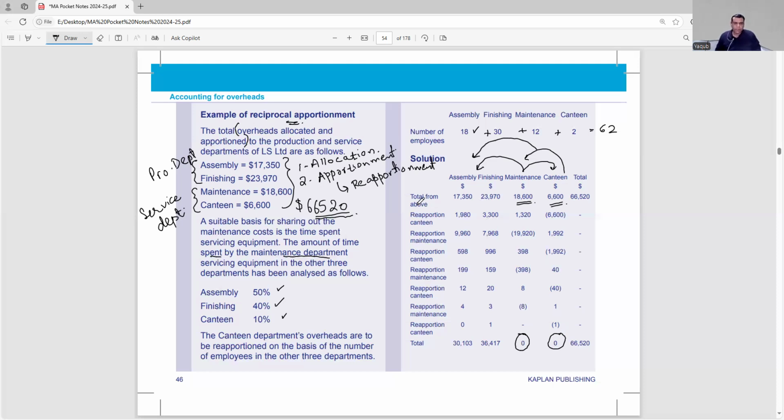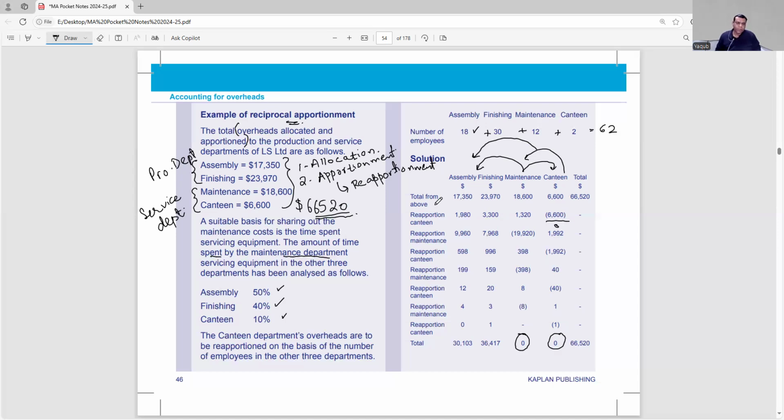So we are starting this solution with the total overheads from the above, which are provided here. Now we are going to start the reapportionment process. Usually the reapportionment process starts from the last department. And here at the end, we mentioned canteen, that 6,600. So we are starting reapportionment from the canteen. Here we have 6,600 positive, without brackets. Here we have 6,600 with brackets. The purpose of the brackets is that it means deduction, subtraction, so we are deducting 6,600 completely and transferring it